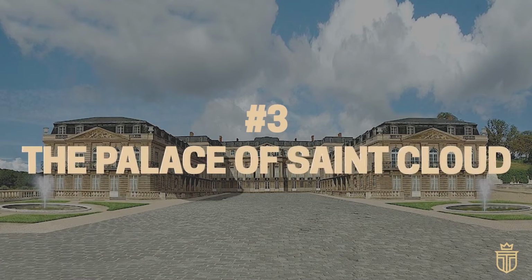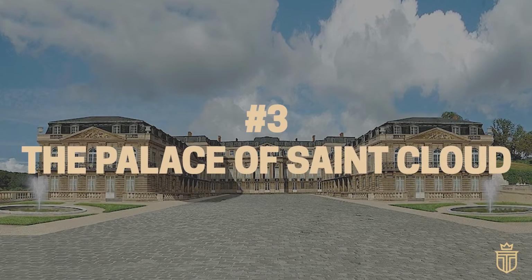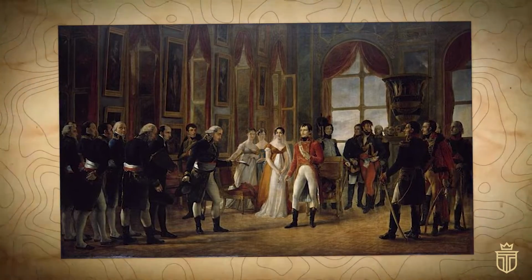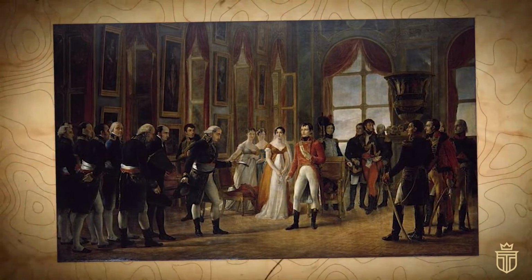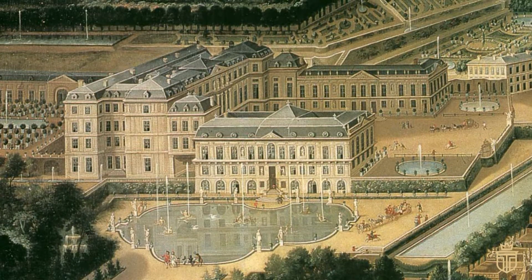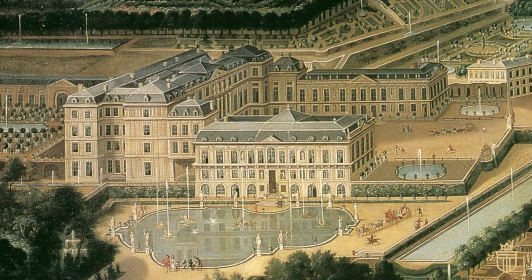Number 3. The Palace of St. Cloud. Napoleon Bonaparte notably found a sanctuary in St. Cloud, a palace nestled on the serene outskirts of Paris. In the spring of 1802, he discovered this haven, a place where freedom and tranquility reigned,